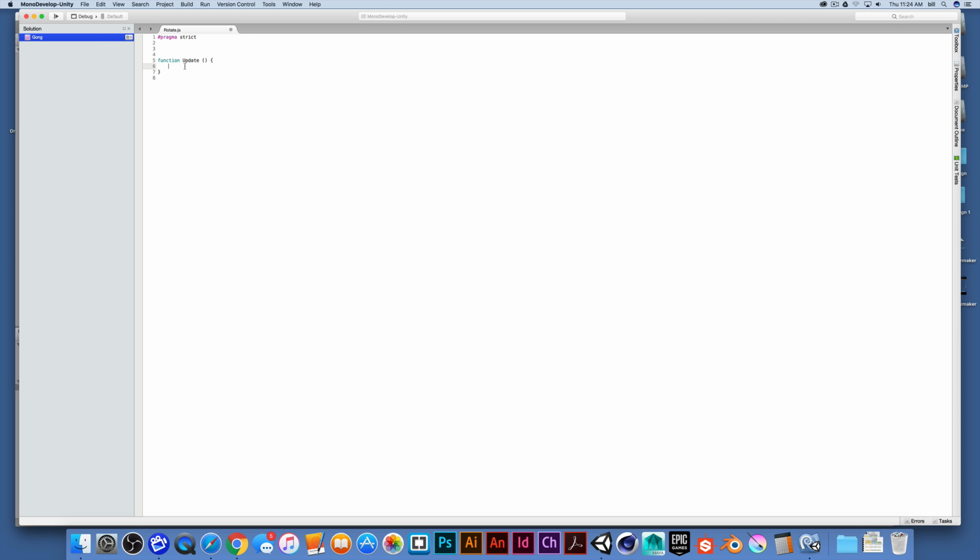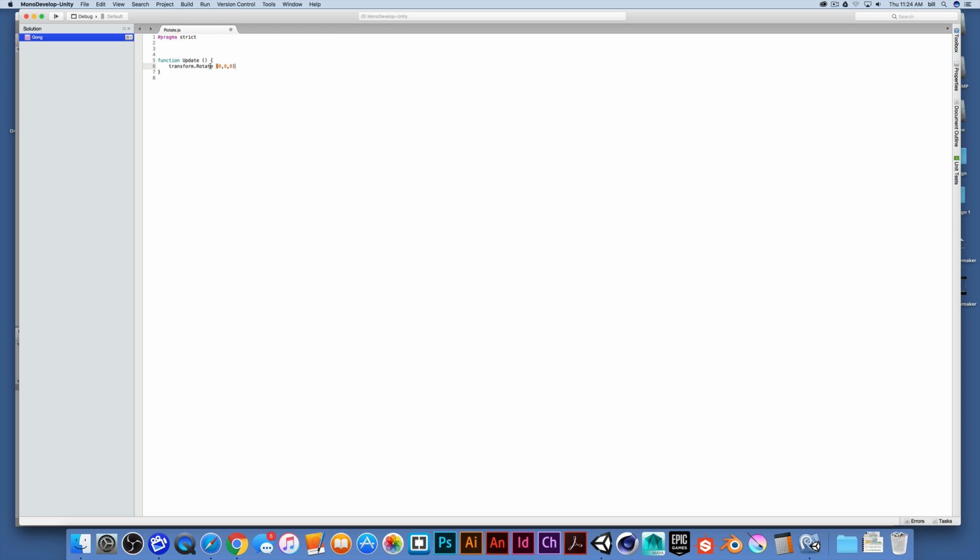Okay, so in my case, I'm going to line 6. I could go just to the right of this curly bracket on line 5, but I'm going to go to line 6. And I'm going to type in just a little bit of information here. I'm going to type in transform, starting lowercase, dot, rotate with a capital R, space, parenthesis, and now I'm going to include three values, 0, comma, 0, comma, 0,